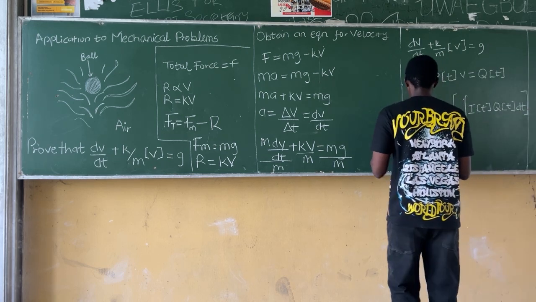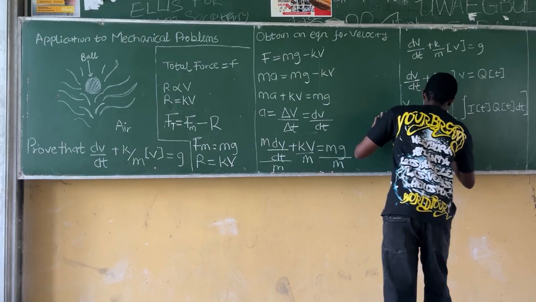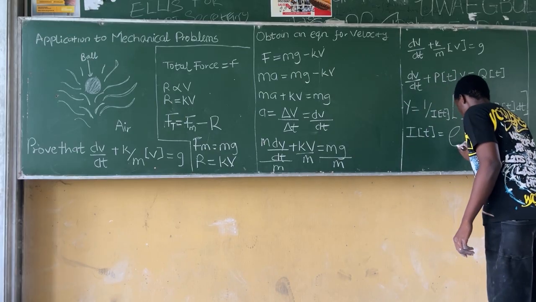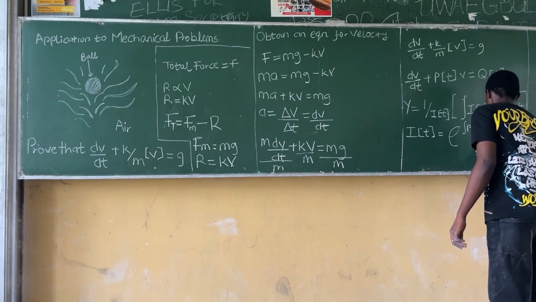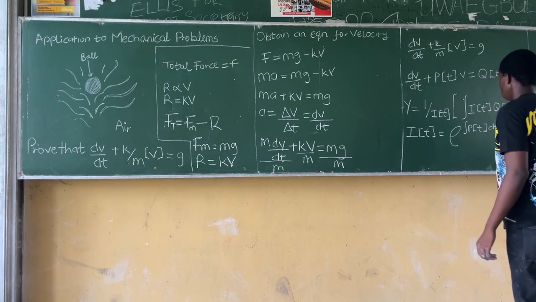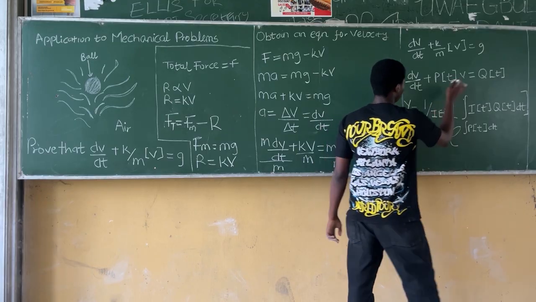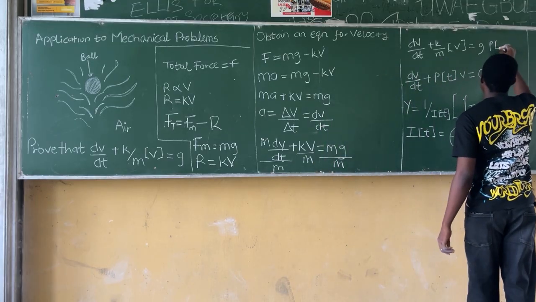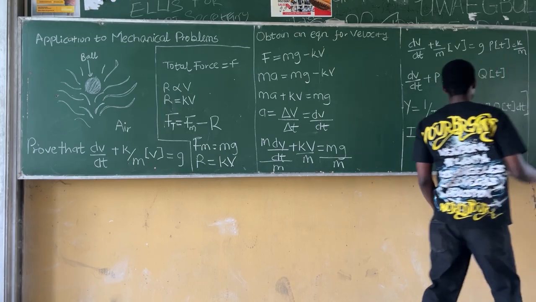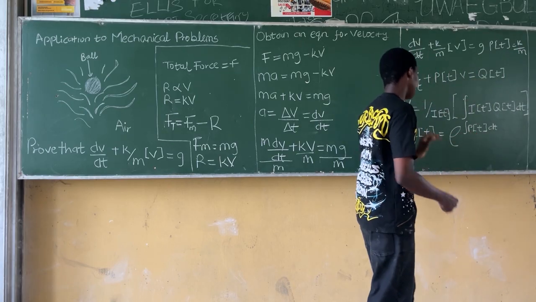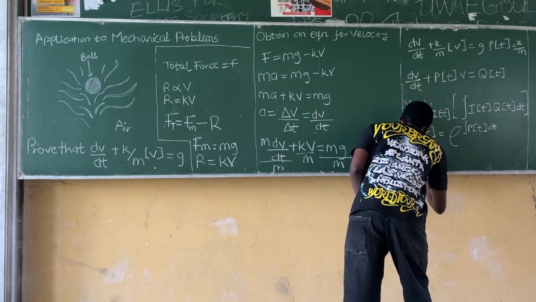So now I of t is basically the exponent raised to power p of t dt. So now if we plug in p of t, and we can see from this equation p of t is k over m. So if we plug it into this equation now and integrate it, we have gotten our I of t. So I of t now